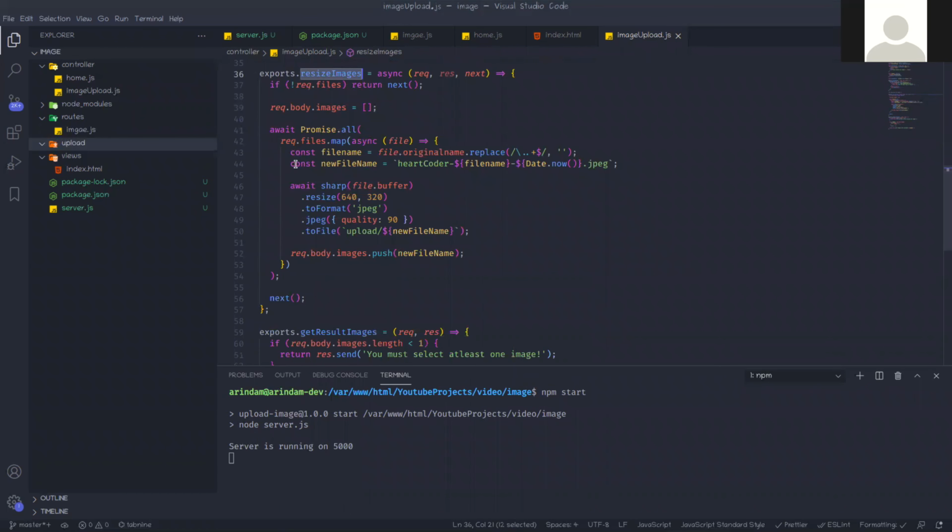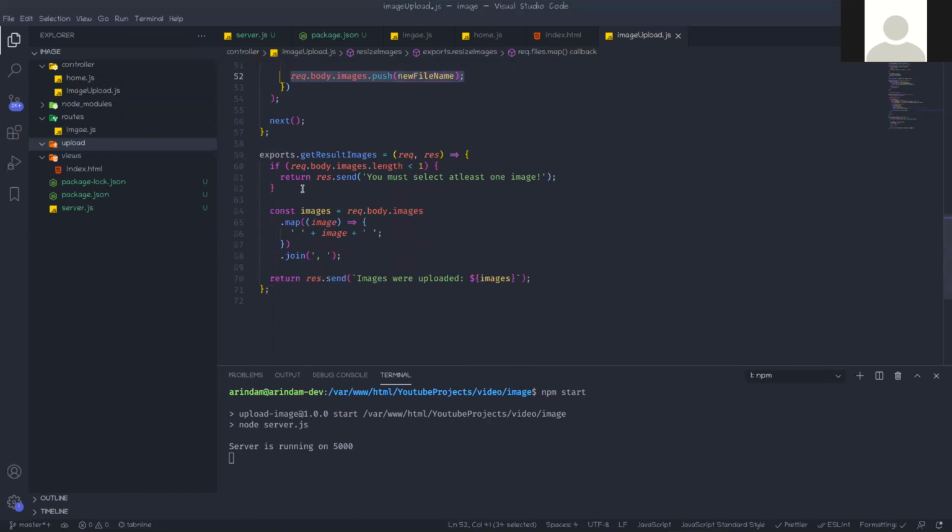Now it creates the file name, and then calls sharp, and it takes the file buffer, where buffer is a file property. It takes the buffer and resizes, changes the format, sets the quality in that format, and sends it to that file path. Then we store this file name in one array. And when all is done, we send this array to our front end, so the user can understand that the images were uploaded.